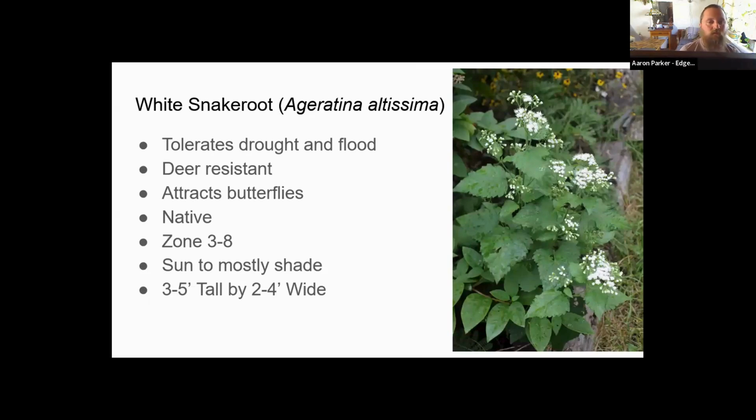White snake root. This is one of the most adaptable native plants around, tolerates both drought and flood, and I've got it in several areas in my garden, and in a rich soil area in full sun. It's like 5 or 6 feet tall, covered in blooms that attract lots of butterflies and other insects. And it's also seeded into my gravel driveway. So in like the worst possible soil conditions in full shade, and it's still blooming, but it's like 12 inches